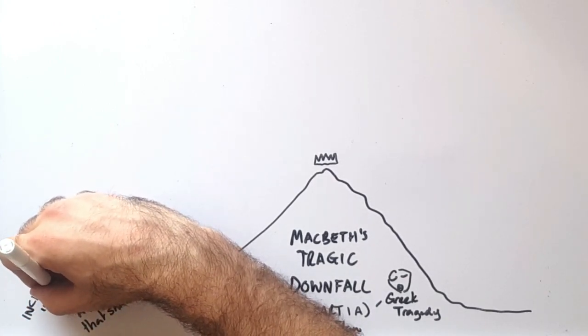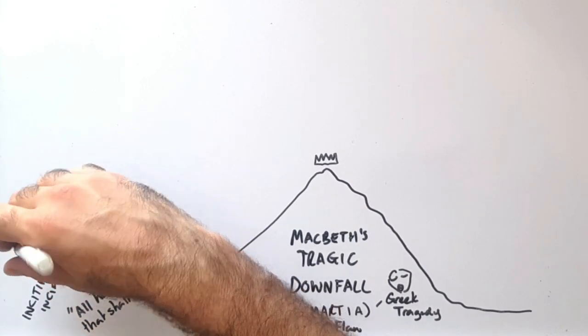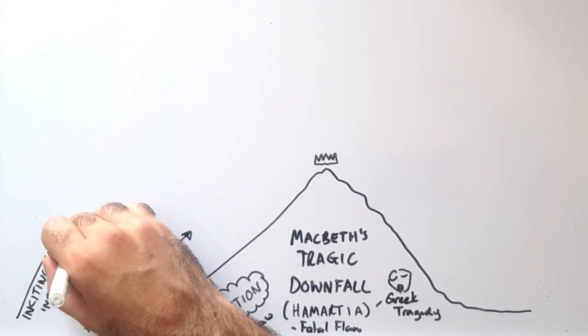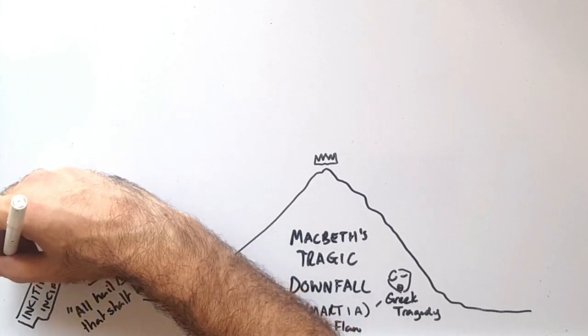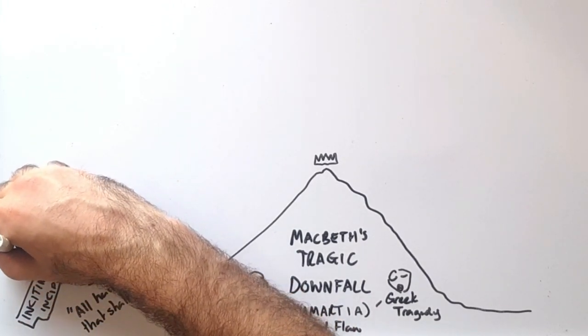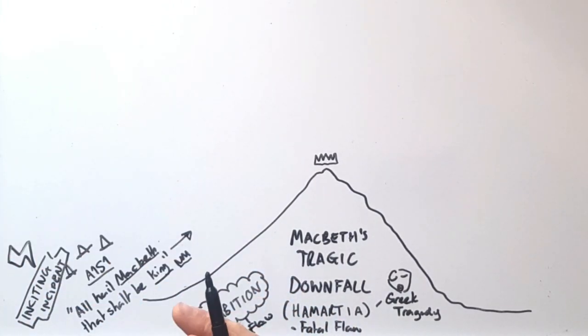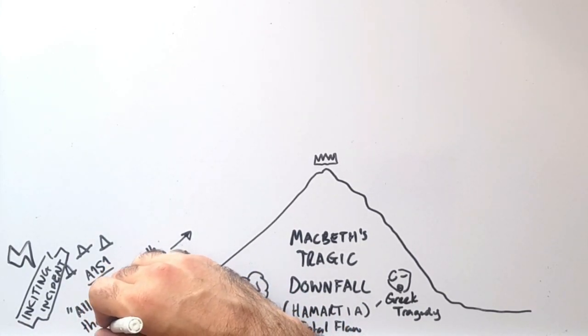And that basically means the moment in any kind of story which kicks off the action. Draw a little lightning bolt as well. The minute that starts the action and leads the character onto their path and journey. So that is our beginning to the play, and that's what tempts Macbeth to make some of the poor decisions that lead to his tragic downfall. And we could say it unlocks